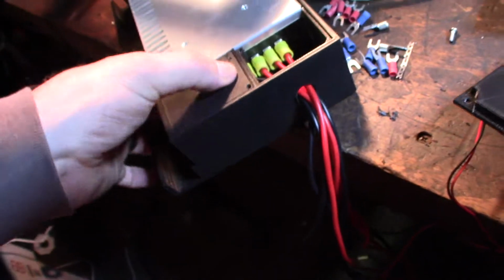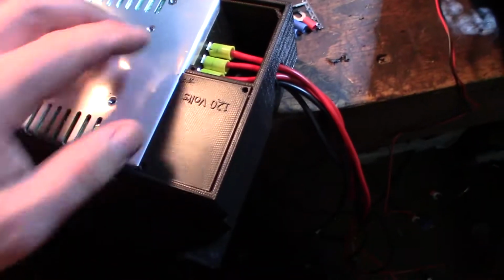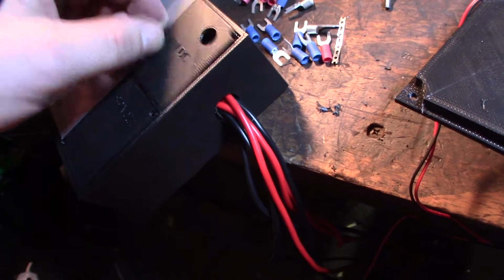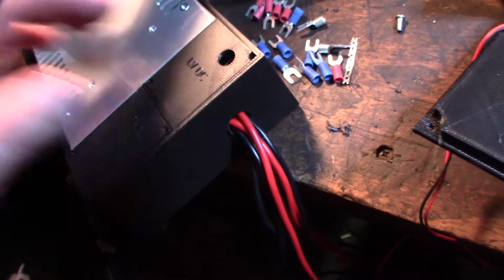And I can move this to a different printer, like when I expand on this thing. And then the other cover. There's that. And this one goes over here, the low voltage side. I don't know why it's like that, though, why they had a whole thing on there. But,